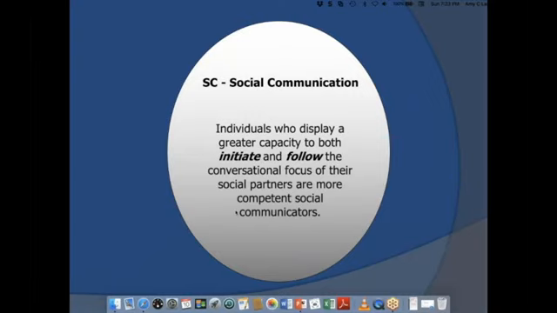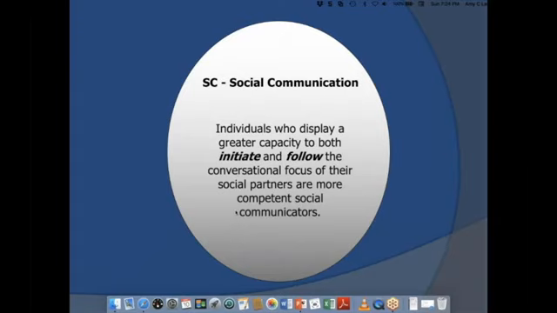And we know that children and individuals with Phelan-McDermid syndrome are challenged in initiating and following in communication. So we're going to think about bolstering both of those abilities for the children and the students in your lives. And when we think about this, we talk about initiating and following. If you just think about it in daily life, even outside of the context of Phelan-McDermid or disability, you can think about a conversation that feels really good to you. Like you're in that conversation and there's a flow and a back and forth.